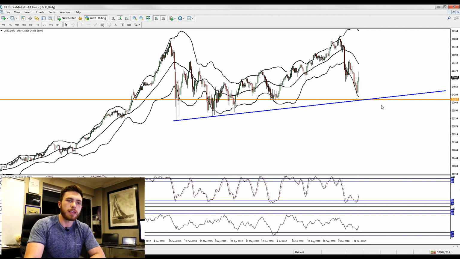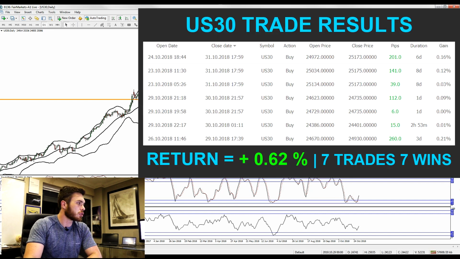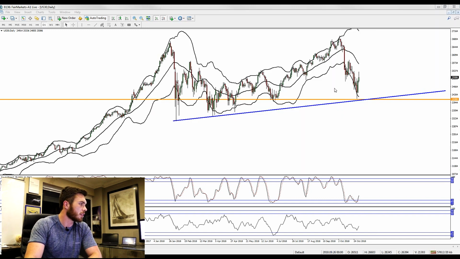So as we had price coming down here, as you can see on the trade update, the trade results, as I was buying in, you can see that these trades lasted a duration of the longest trades lasting 8 days, 6 days from last week, which were a little bit longer. So those were trades that I opened out last week. But as you can see, every single one of these trades has been closed out this week.